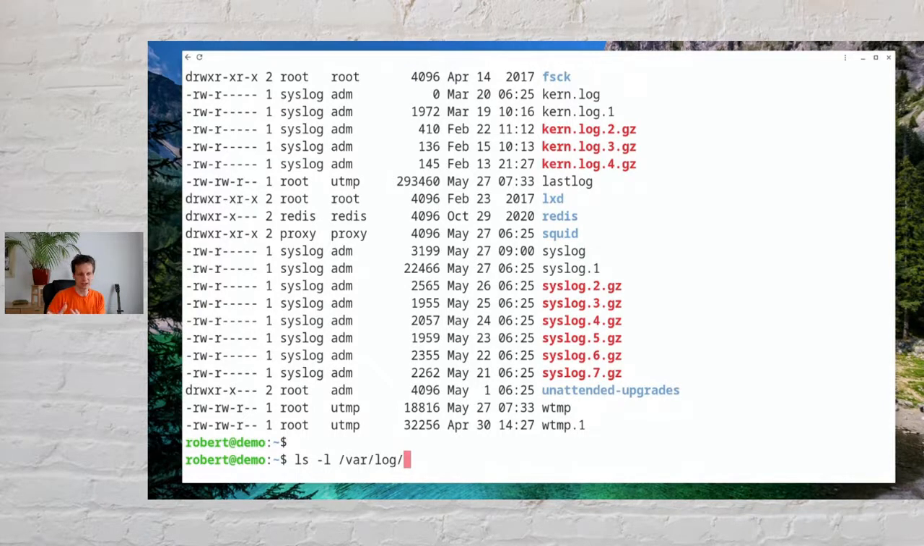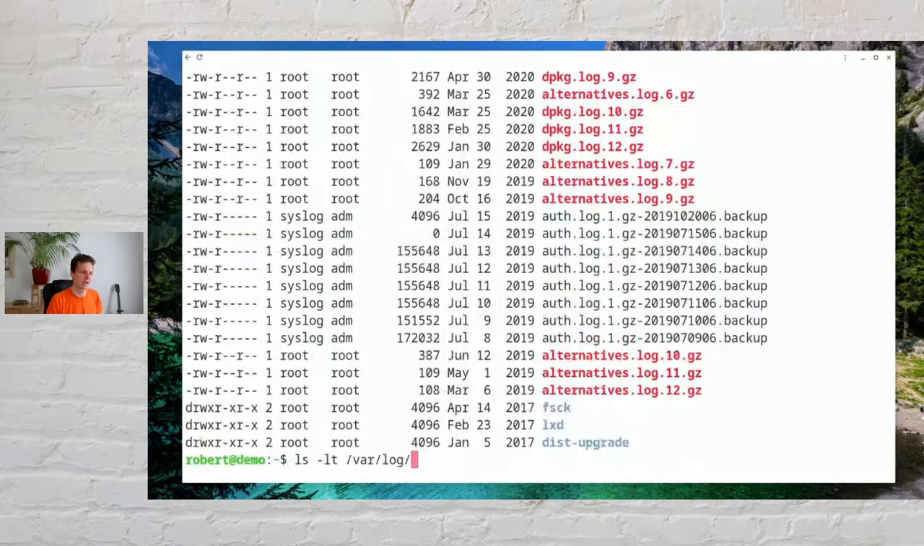I want to see the files sorted by their timestamp. I can accomplish this with the -t command line switch. The order of all the command line options doesn't matter. You can combine them: -lt. Now I have